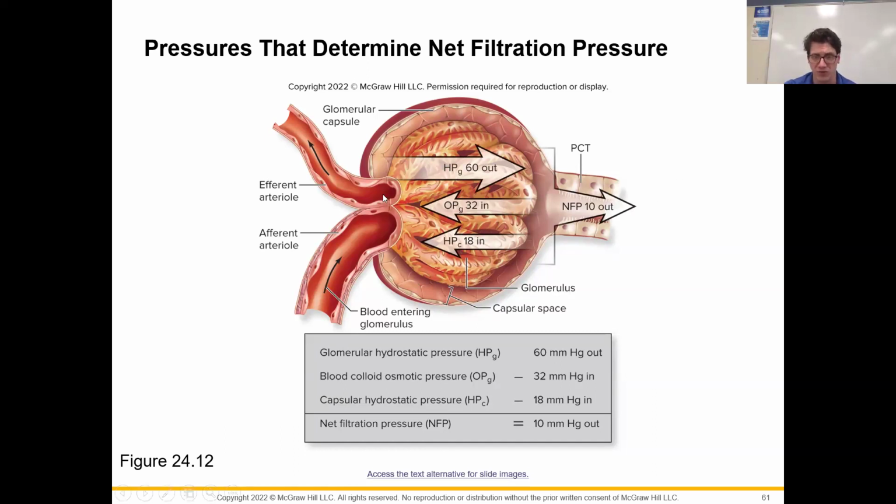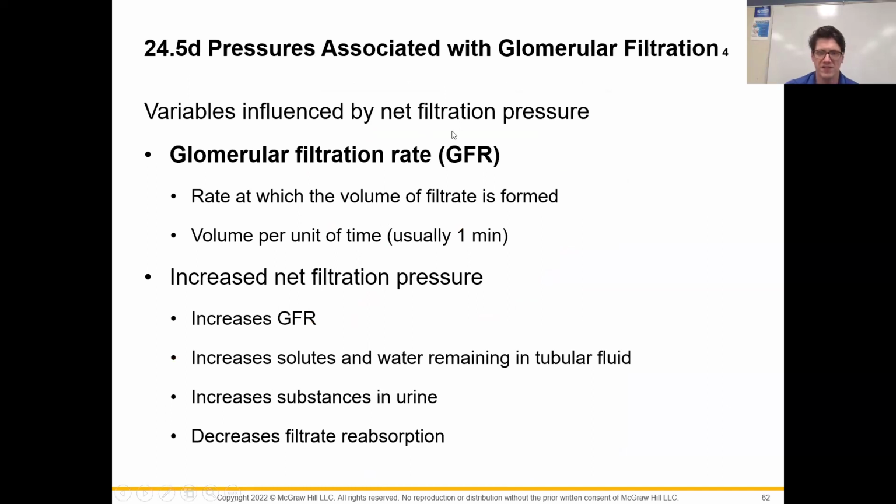Open it will move more fluid through, but at a slightly lower pressure than if we constrict it. But all of this is for us to regulate this glomerular filtration rate. We want to make sure that we can regulate it, and keep it as constant as we possibly can. Because of that, we will upregulate or downregulate how much fluid,